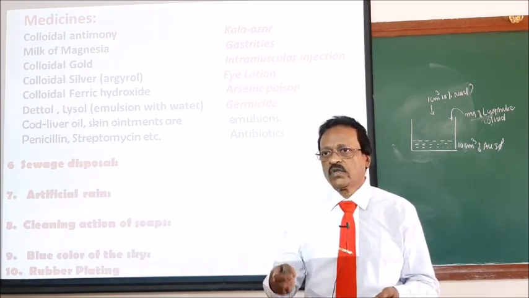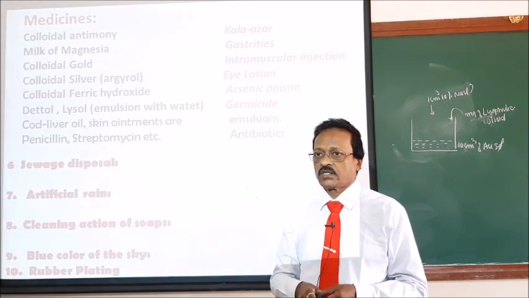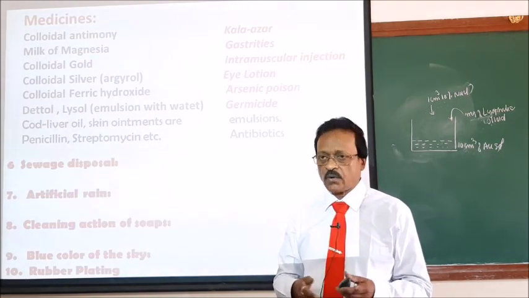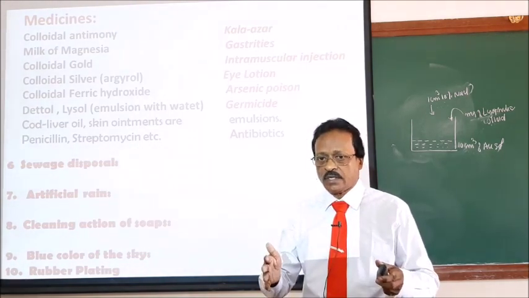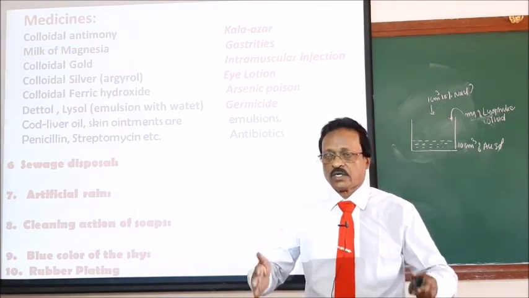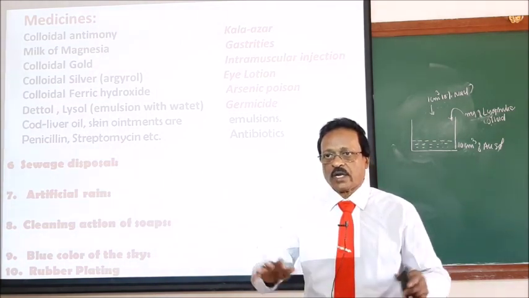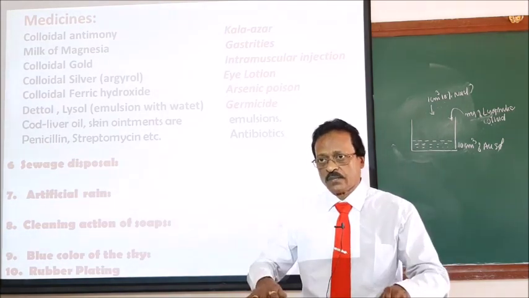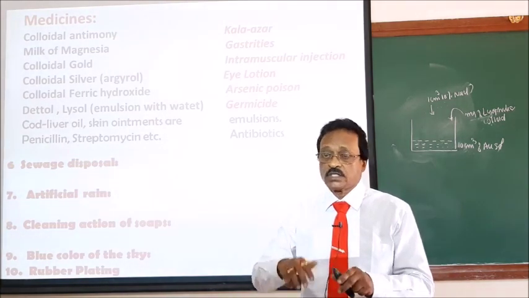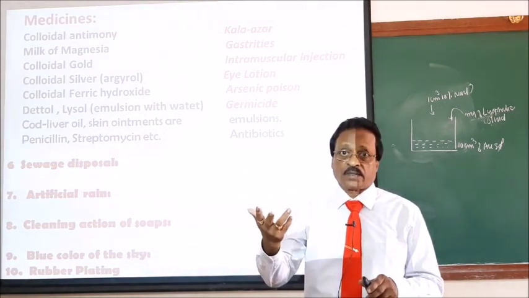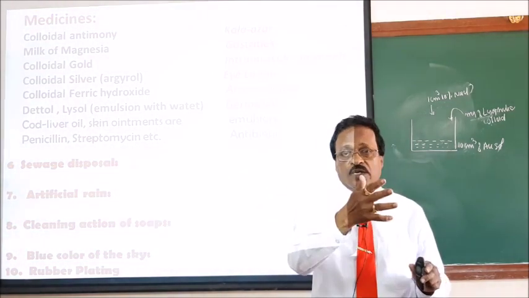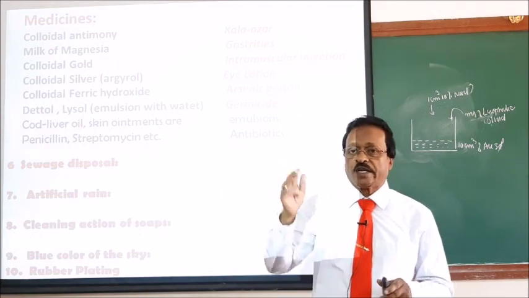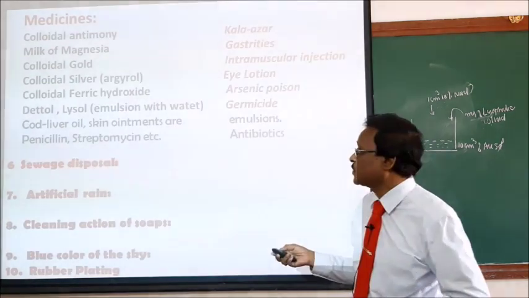That sewage can be purified by the principle of electrophoresis. The sewage is passed through charged plates. All the colloidal particles move towards the opposite electrodes, get coagulated and settle down. That coagulated matter is used as a fertilizer for agriculture. The water is recycled for agriculture, and even further purified and recycled for drinking purposes. That is sewage disposal.